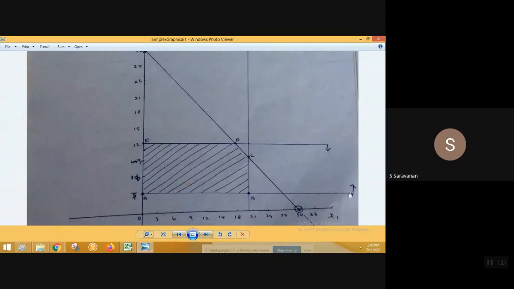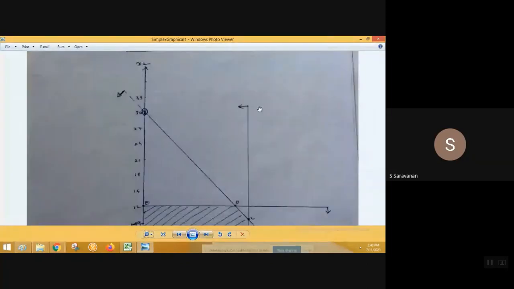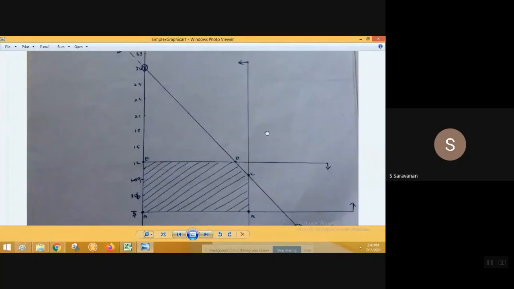So this line is pointing away from the origin. See this. So this is pointing away from the origin. So this is towards origin. Okay, so this is also towards origin. Okay, 0 comma 20 we had, right? So 0 comma 20. So that is also towards the origin. Okay, fine, sorry, 20 comma 0. 20 comma 0 is also towards the origin.